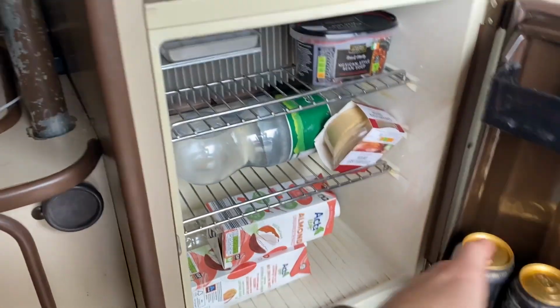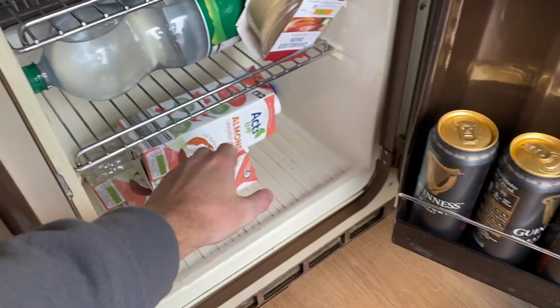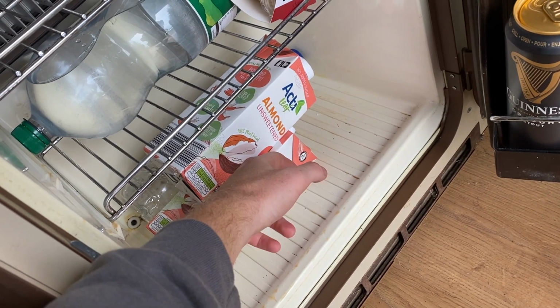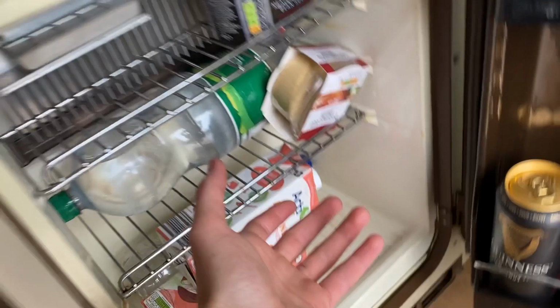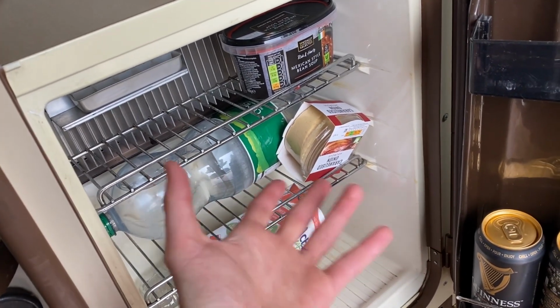When it comes to refrigeration, I don't really turn this on. It all stays pretty cold anyway. I get like non-dairy milk because it doesn't need to be chilled and it lasts forever, and sort of stuff that if I'm going to get something that's perishable, I will, you know, get it and eat that within a